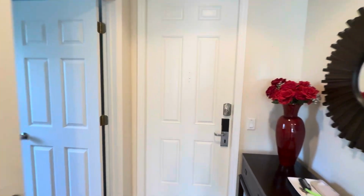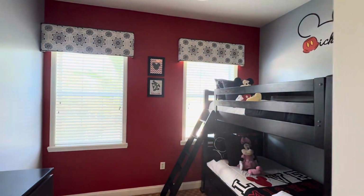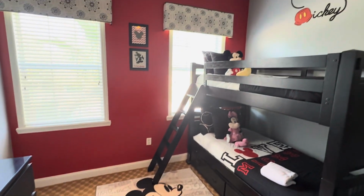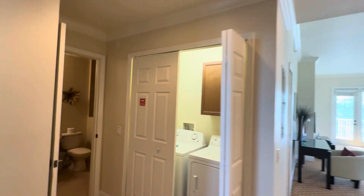It's a 3-bed, 2-bathroom. The rooms are really nicely sized, and because it's a corner unit, it's very light. You see this first bedroom here is already themed for Disney, so it's a great kids' bedroom, or if you run it as a vacation rental. And then we have